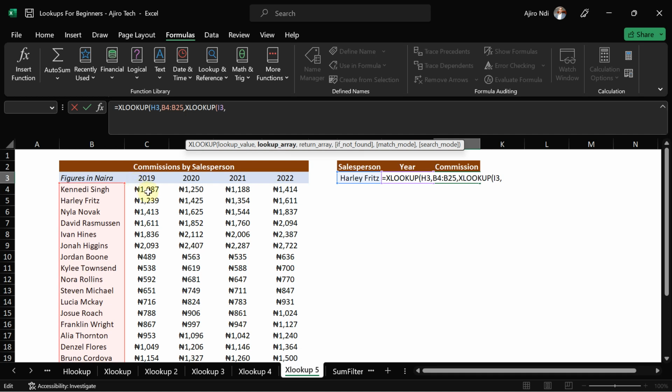Now this is what I'm going to do. I'm going to select this from right here to right here. I'm going to explain. Now this is what it means. For the year, I had 2019 there initially, but I need to look up the column for the year, and the lookup array is going to be from what? 2019 to 2022,